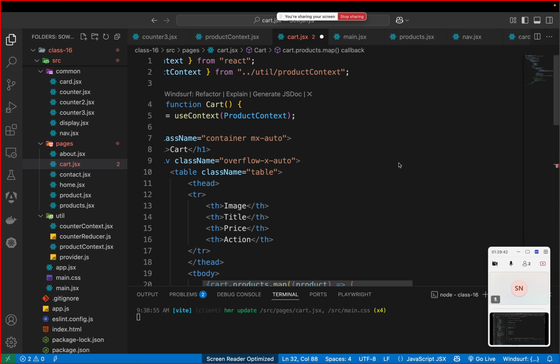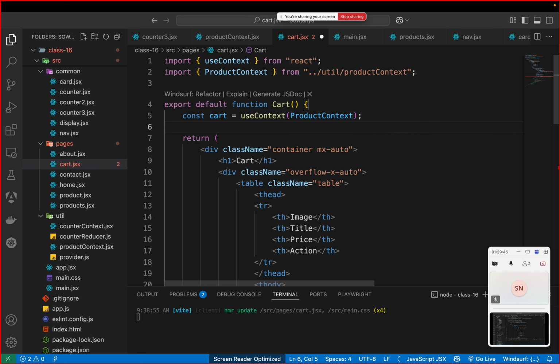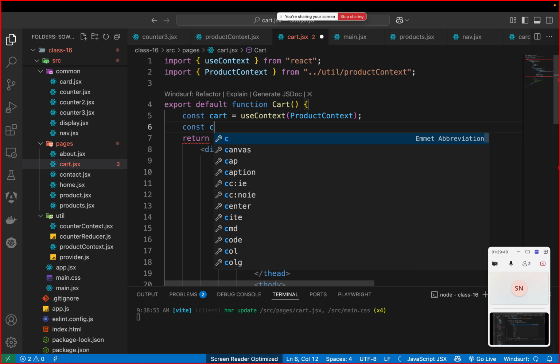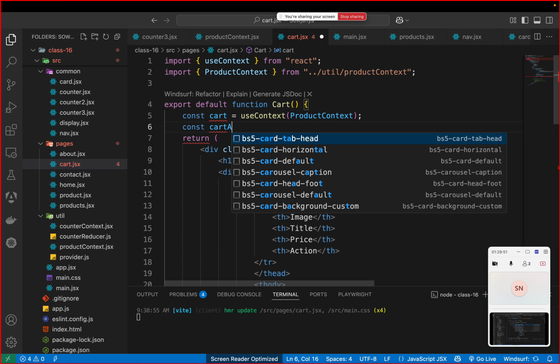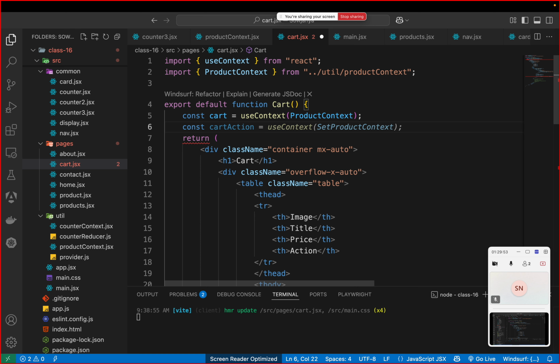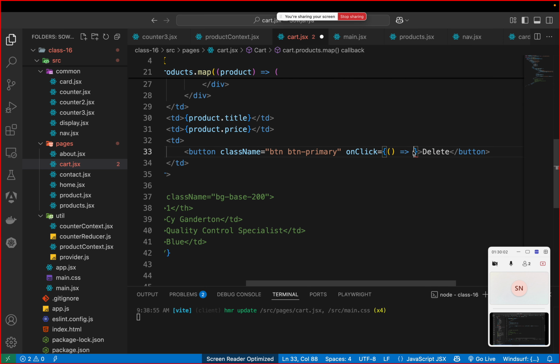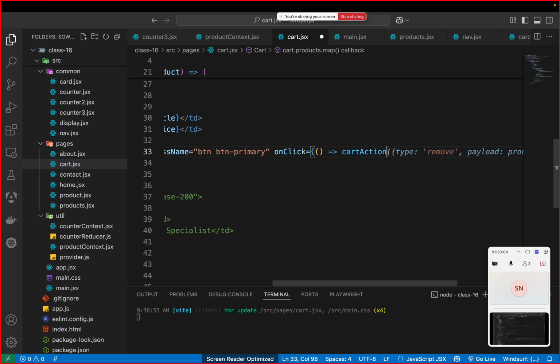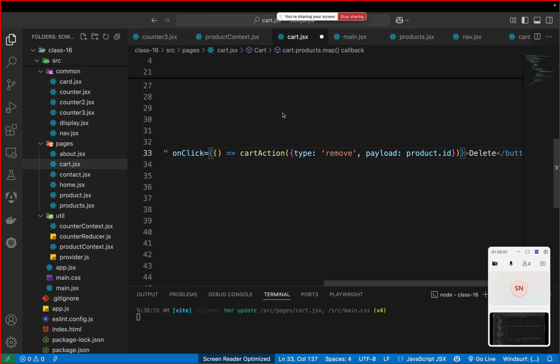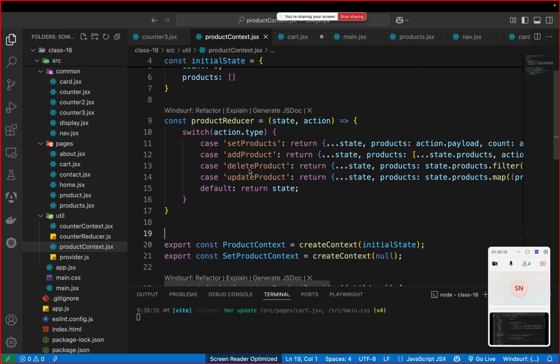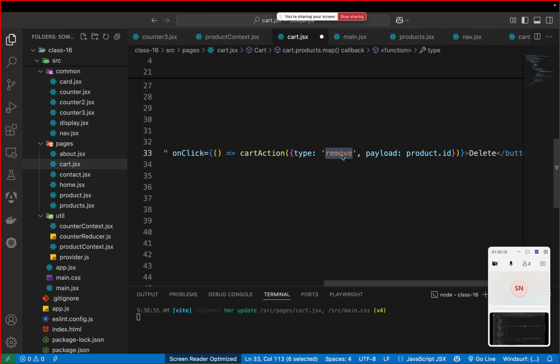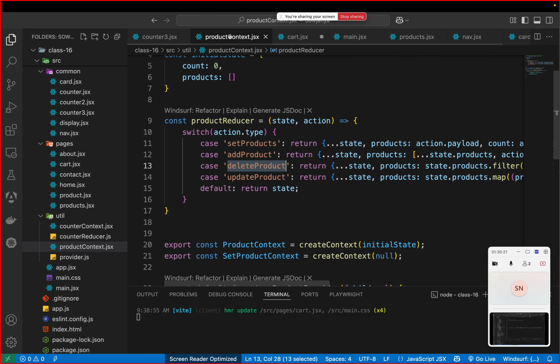If we want to remove a product, at that time const cart action is required to set option. Okay, and through cart actions we can remove the product by id, not remove, it is a delete product key. It is a delete cart option, and now